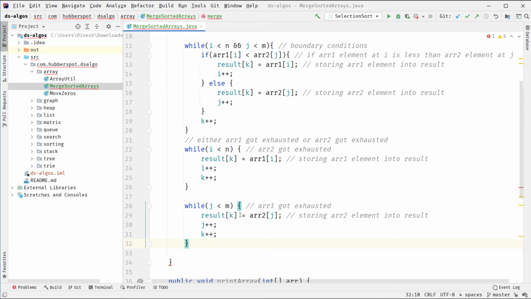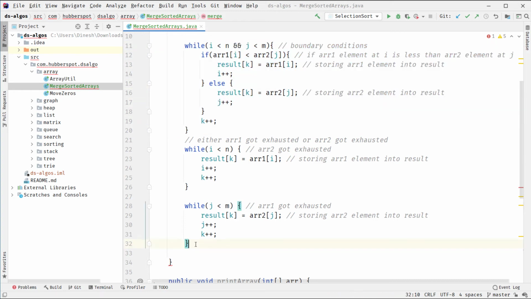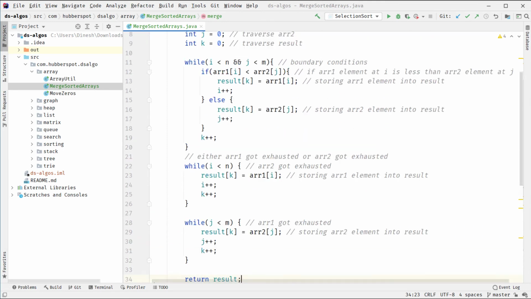And we are simply copying these elements from the respective arrays because those elements are already sorted and we don't have to compare them with any other elements. Whatever comparison we need to do, we have done it in this while loop. So at the end, we'll simply return the result array.